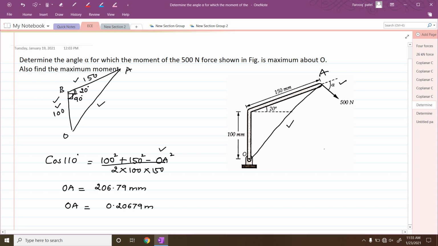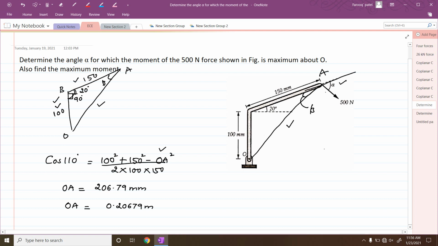Then next what we do is we'll take this angle as beta, for example. This angle as beta. So we'll try to calculate this angle beta now. So how can we calculate it? You can see here this is one straight line. That means totally it will be 180 degrees.